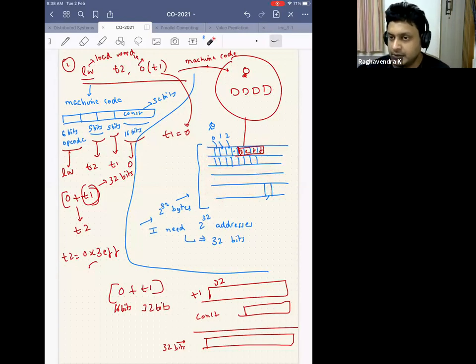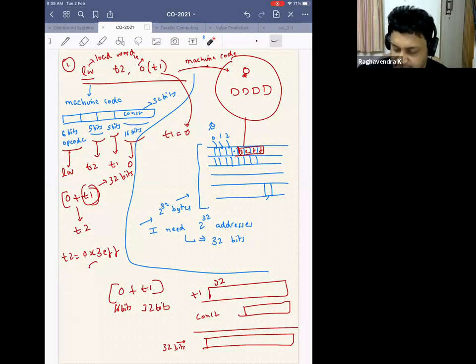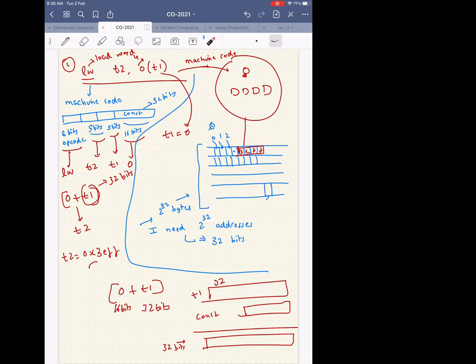Sir, is this the reason why a linked list takes more time, because we have to change T1 every time? Yes, right. But that is not the only reason. It's not just because of the memory. There's one more component that we'll see, maybe in March. There are multiple reasons for a linked list taking much more time, but let's not get into that now.